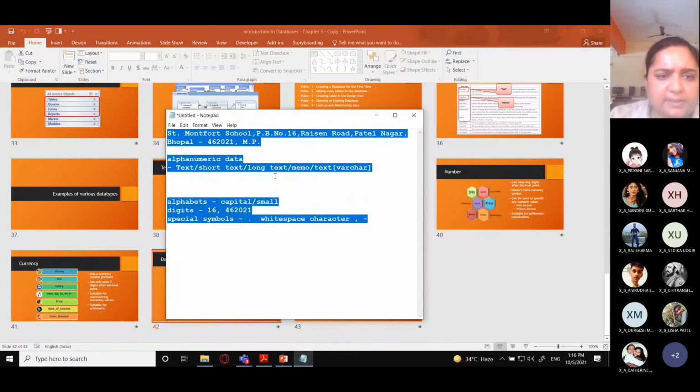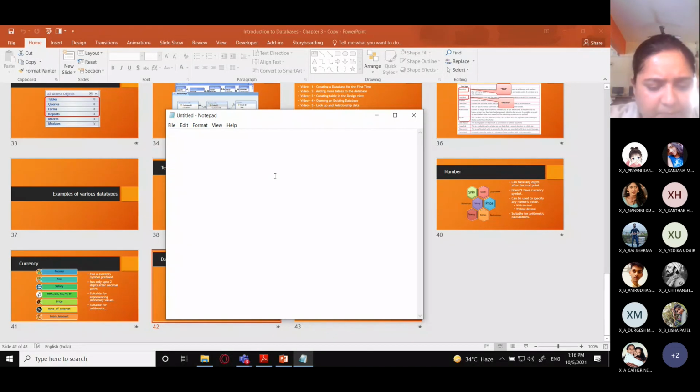And another type of data: suppose I have to store a student's age, and the age is something like 14, 15, 16, and so on. What type of data will you refer to this as? Is it alphanumeric, textual data, or numeric data, or date time data? Ma'am, numeric. Can you tell me the reason why? Your answer is absolutely correct that it is numeric data, but why is it numeric data? Can you give me the reason behind it?